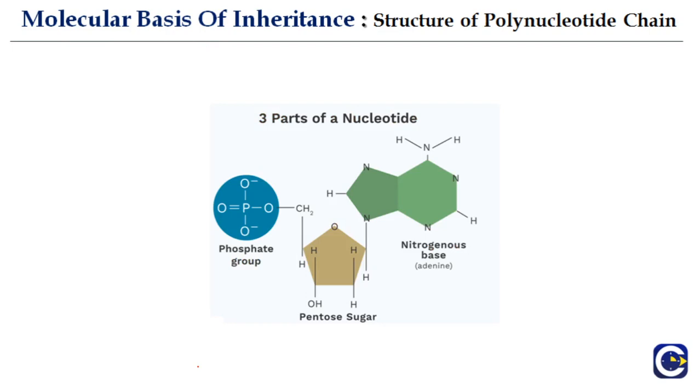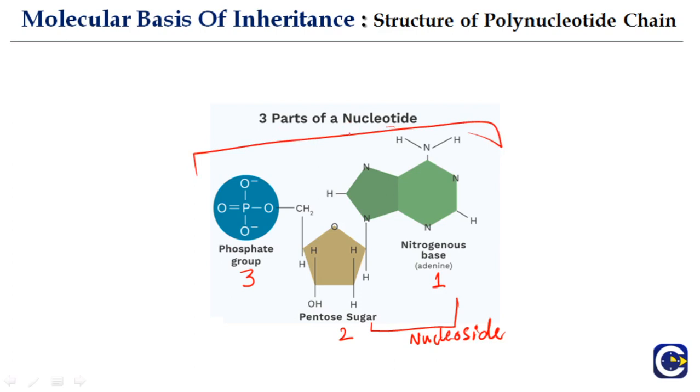So to summarize, the structure of a polynucleotide chain. So the structure of a polynucleotide chain contains nitrogenous base, it contains pentose sugar, and it contains phosphate group. And then there is this linkage of this phosphate group again with the pentose sugar. That is how a nucleic acid is formed. And what is a nitrogenous base and a pentose sugar called? It is called a nucleoside. Okay, and nucleoside plus phosphate group, all the three together, is called a nucleotide. So these three together are called nucleotide.